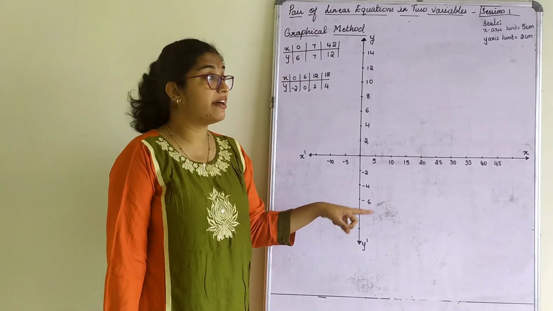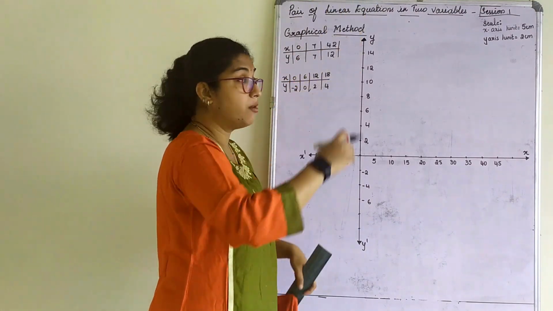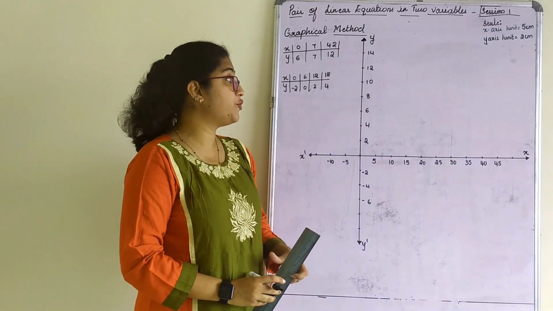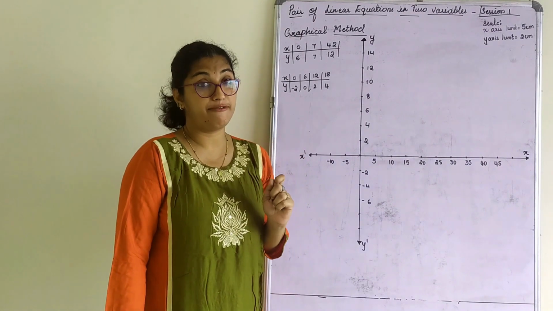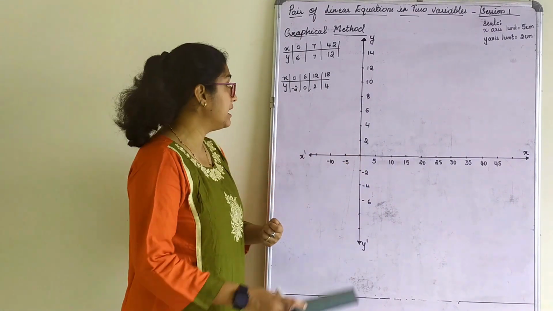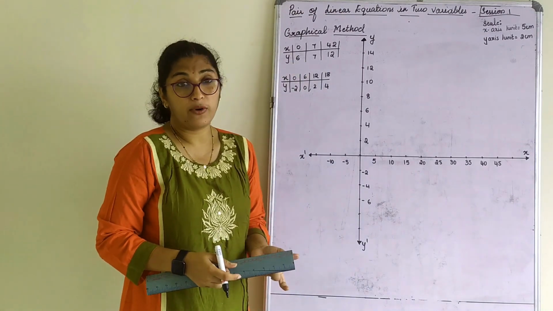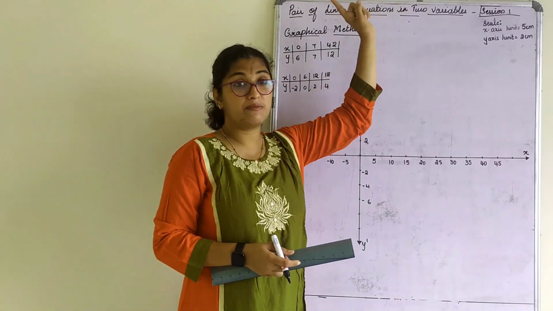Whenever you draw the graph, first of all, on your right hand corner at the top should be the scale. Scale carries half a mark. Even if your whole graph is correct and you miss writing a scale, you will lose your half mark. Scale is a must. How to choose the scale? Depending upon the given graph values, you can choose your scale wisely. You all know this, but still I am repeating. So scale is a must.